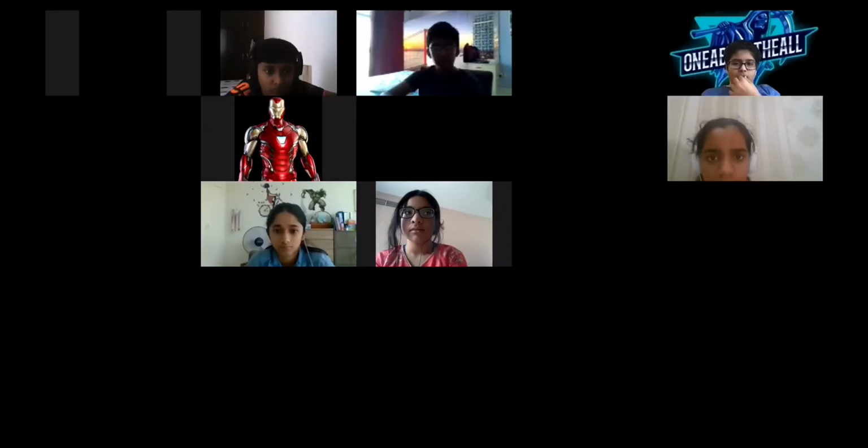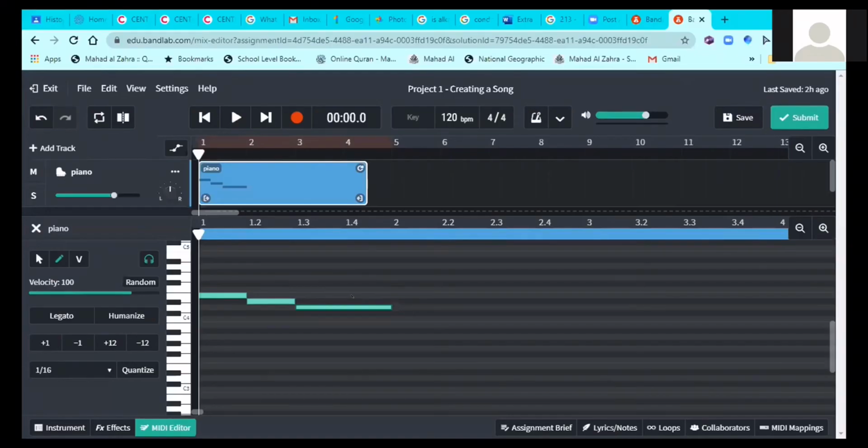So I don't know if it's a mistake or what, but I made the same thing that you did with all the bars and stuff, but mine doesn't sound like yours. So what you've done is check for the length of the note. For example, if it is a quarter note, it should be 2 boxes. Yeah, so it's 2 boxes only. Okay, share your screen and show me. Okay, it's correct. Okay, I see what your mistake is.